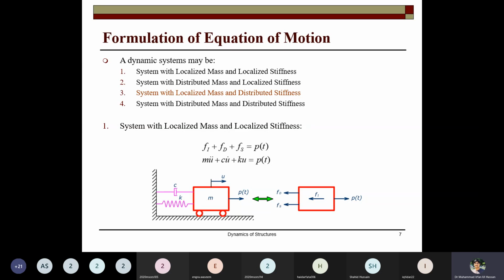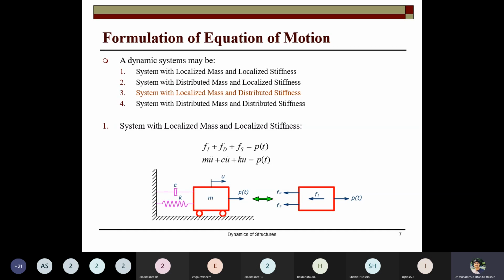So it is not difficult to make the equation of motion, and you are required to develop the equation of motion for different systems, and apply it to real structures, to write down the equation of motion for any structure. For example,